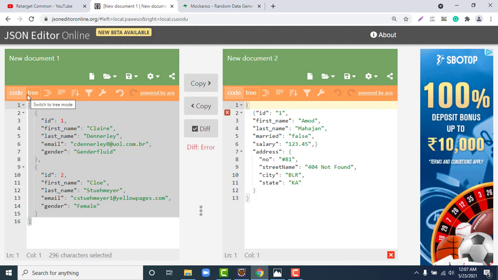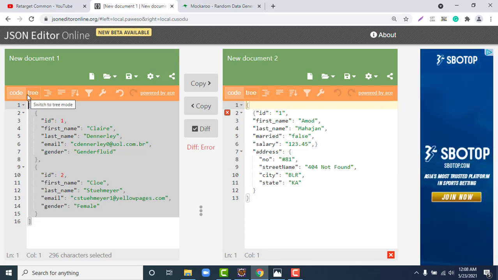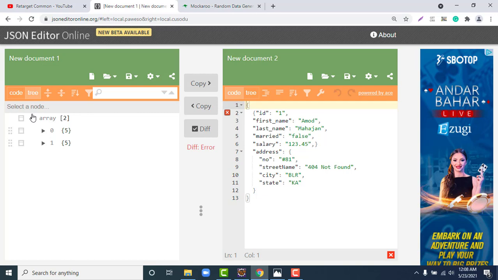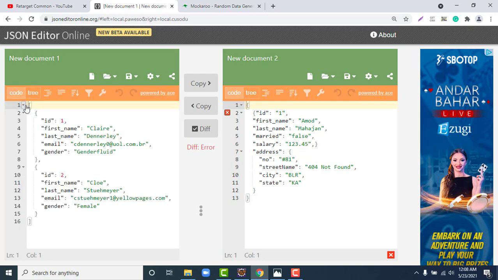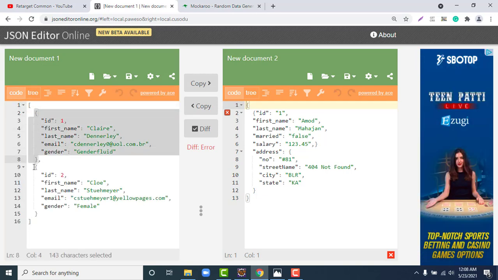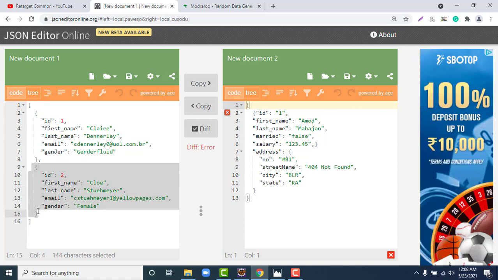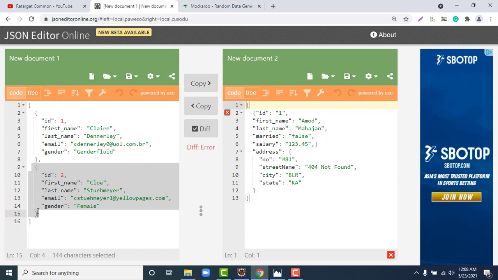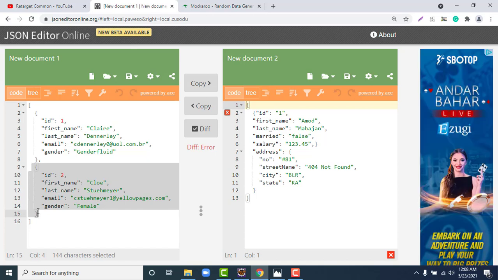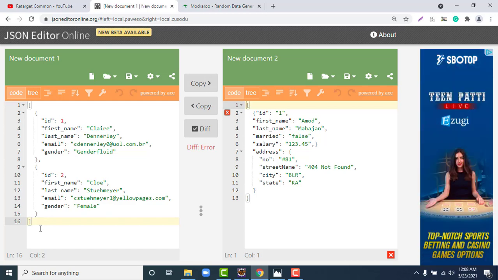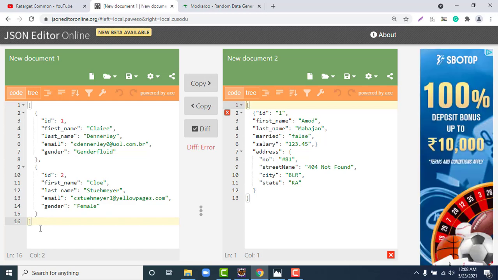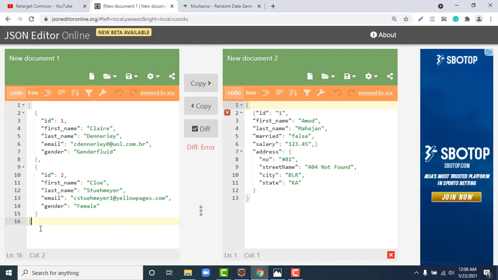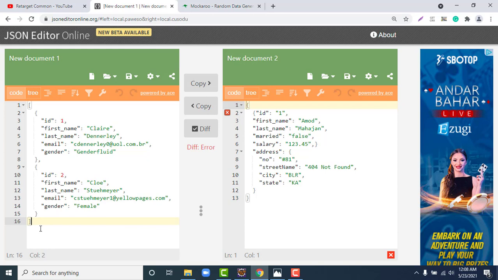So in that case we need to pass data as an array. Okay, this will be one set of data and this will be another set of data. Similar to Postman, if you know Postman, to achieve data driven testing we perform similar kind of things. So this is a very simple JSON array where we have only two elements, and it can be many, but the basic concept of creating any type of array will be the same.